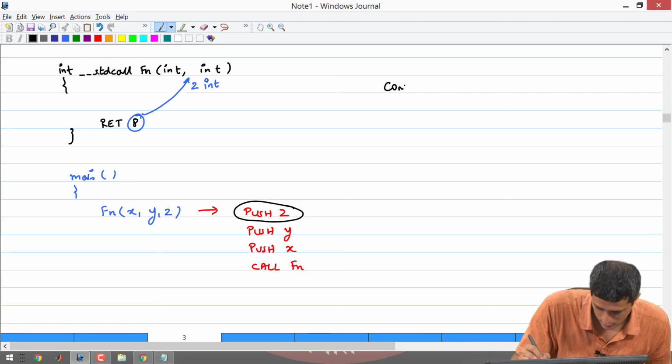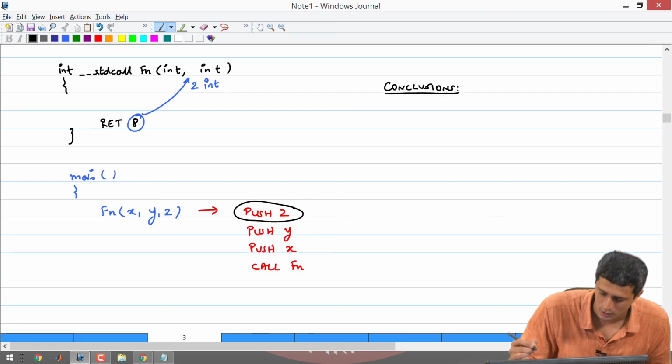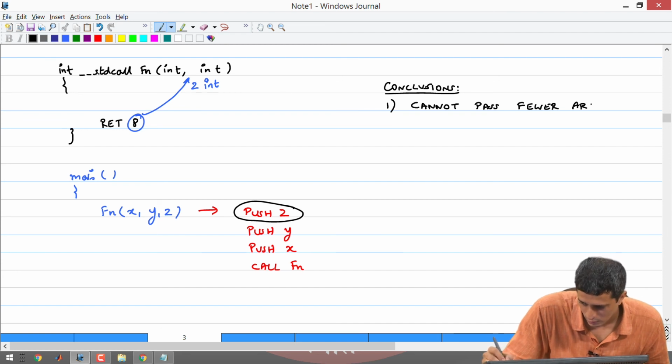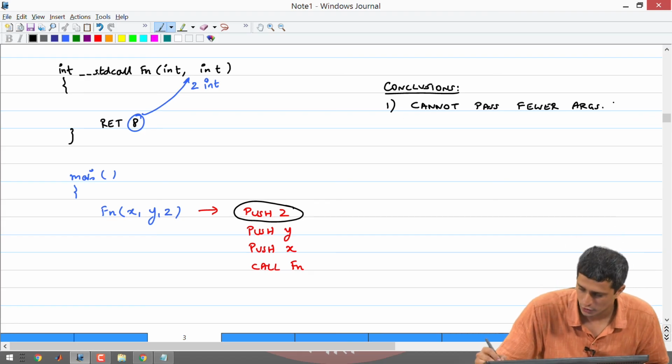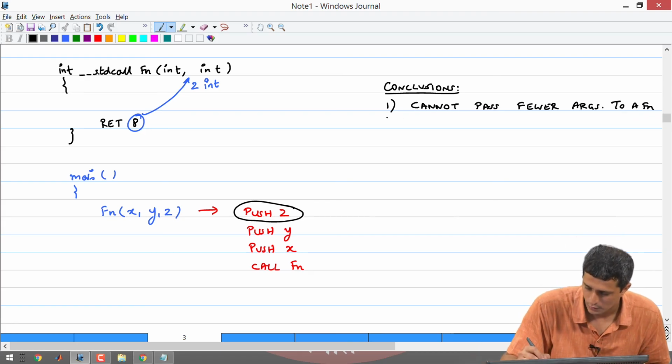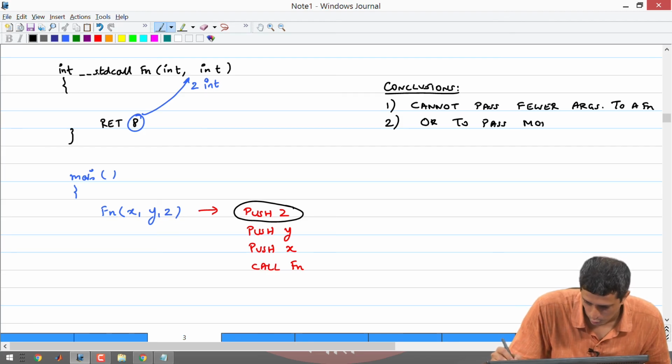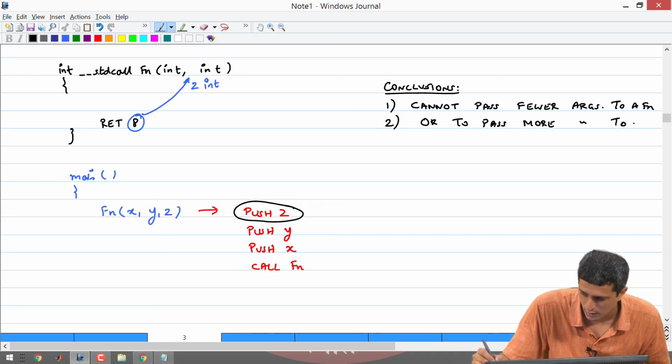Conclusions: I would say it is okay to pass more args to a function if